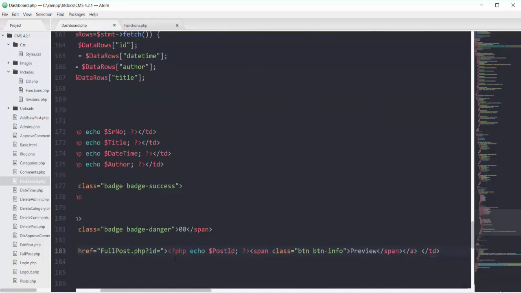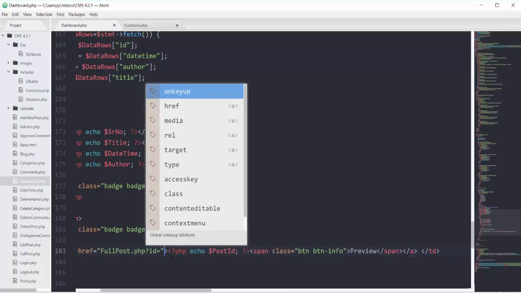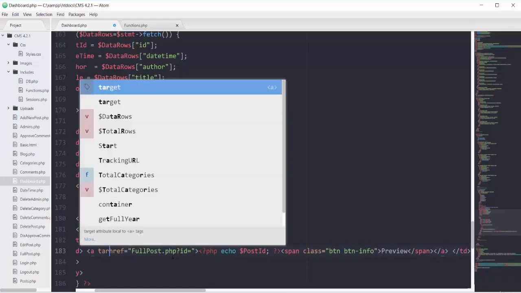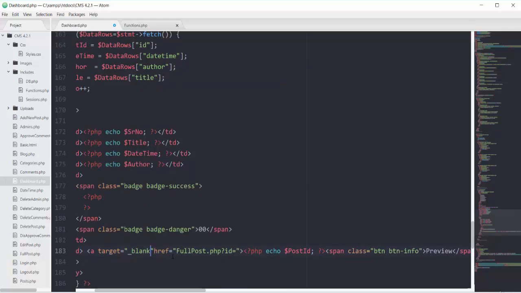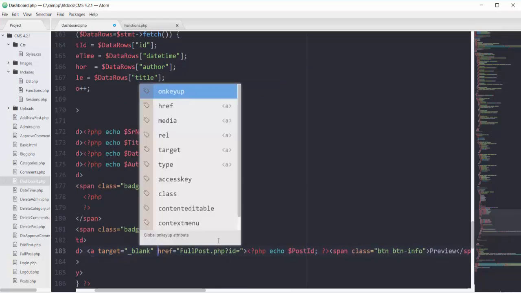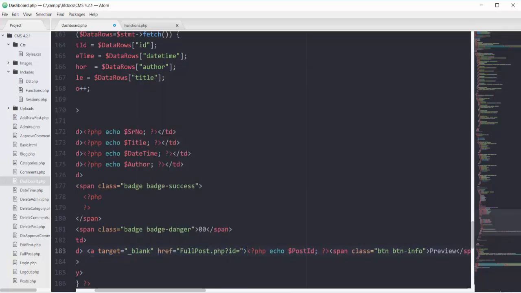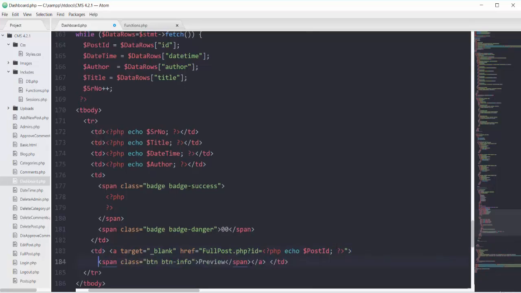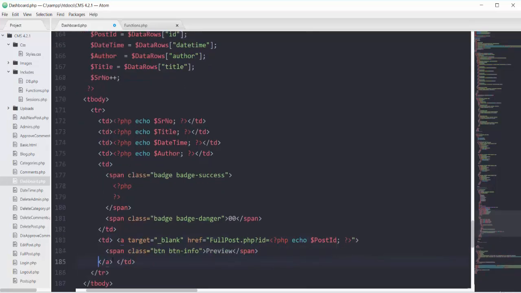Let's also add one attribute of target underscore blank, and we have to cut this code from here and put it here, and then the ending of our anchor. Then we will have our span tag and then the ending anchor here.